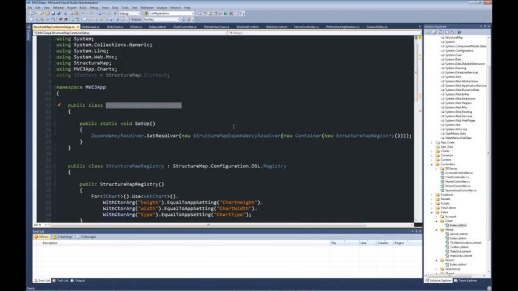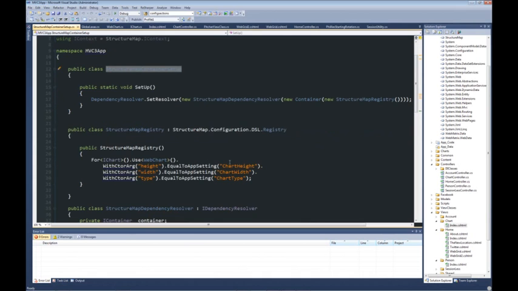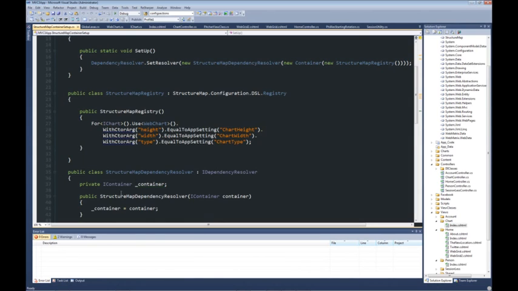So we can provide any kind of IoC resolver that we want, and the only requirement is that the resolver, in this case something called StructureMapDependencyResolver, has to conform to IDependencyResolver, because that's what SetResolver accepts. And in this case we're saying new StructureMapDependencyResolver, which is the class down here, and this itself